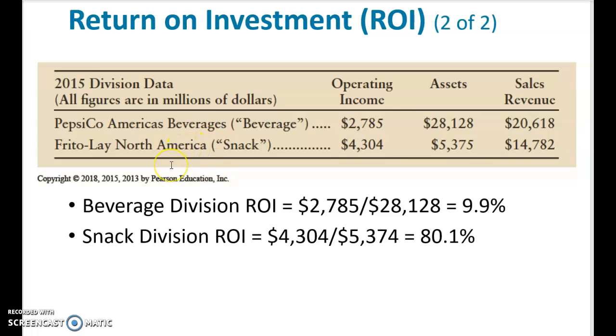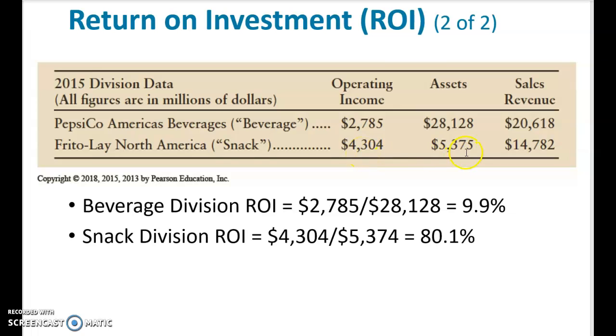So here's divisional data for PepsiCo America's Beverages. Say the beverage versus the snack divisions. Okay, and they've given us operating income, assets, and sales revenue. So your return on investment, return on will be operating income, right, divided by assets. Okay, so the beverage division's ROI is 9.9%. Snack division, good grief,